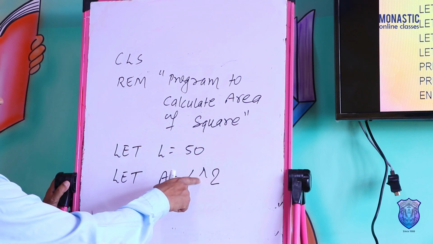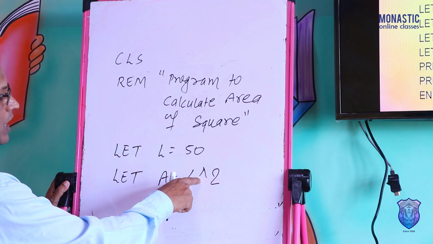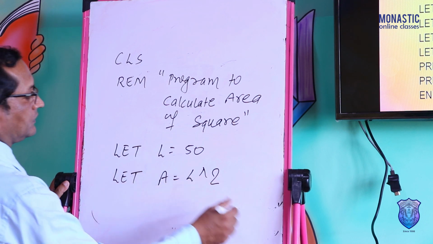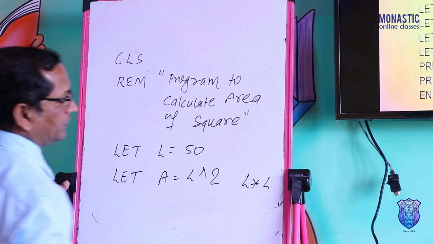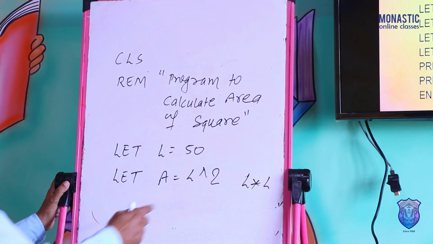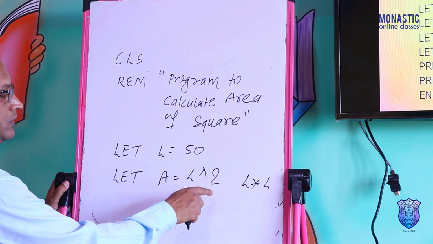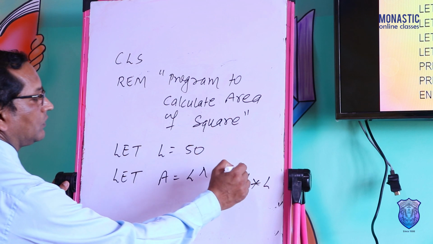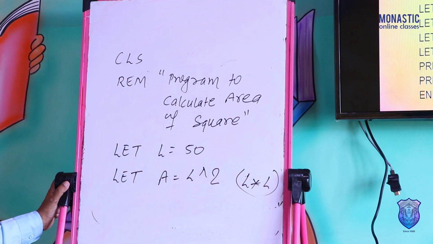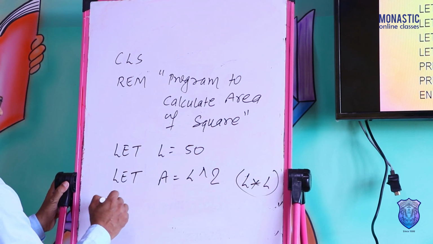This is the way of writing squared in QBASIC. So L squared, otherwise you can write L into L. Same thing: L carry 2 means L squared, otherwise L into L. You can use any one. After the result,